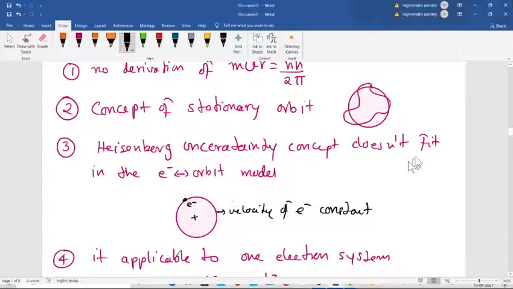Later on, it was explained by De Broglie. No, no, this doesn't happen, that's why we are living here. We have all these things. So the concept of stationary orbit was rubbish. He just gave it to escape from the previous failure of Rutherford, just to escape. He couldn't explain it at that time either.